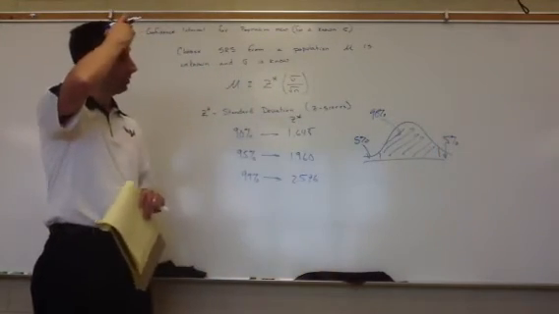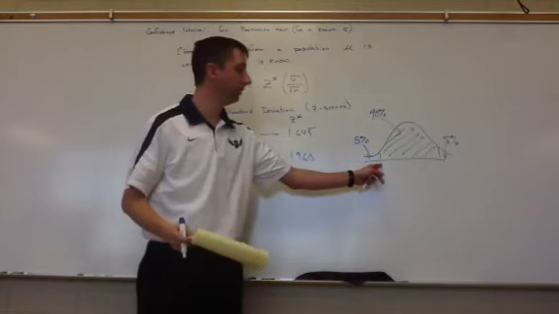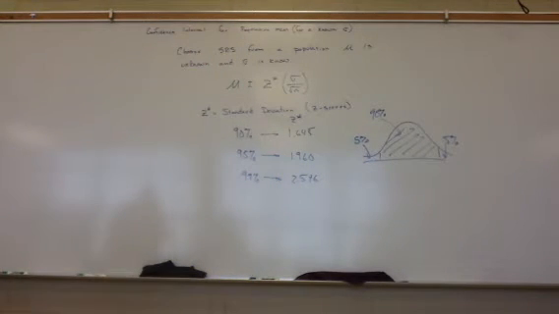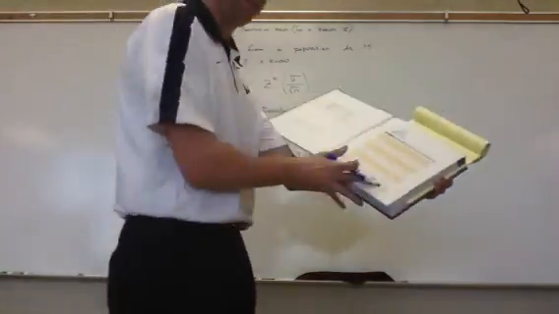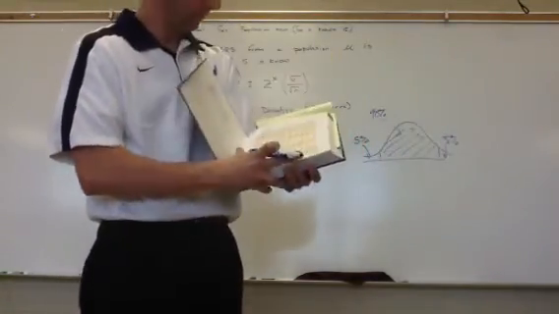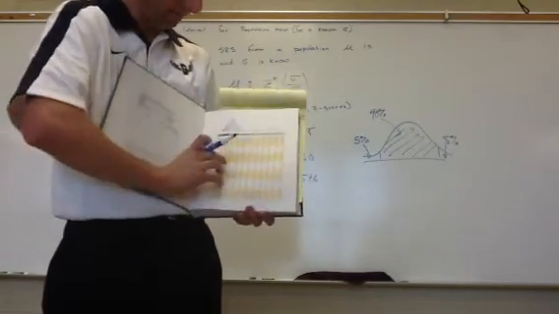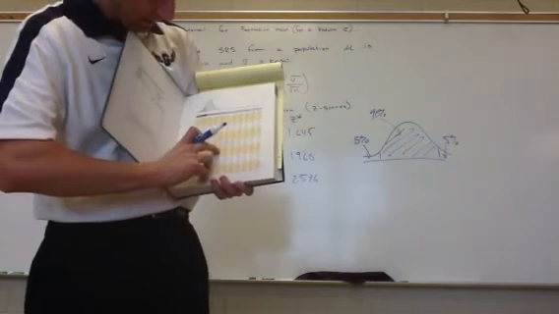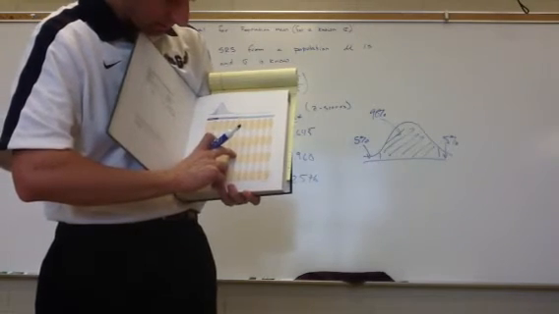So if I go to my table A, which one of these is going to give me a 0.05 in the middle? I go 0.05 is going to be about